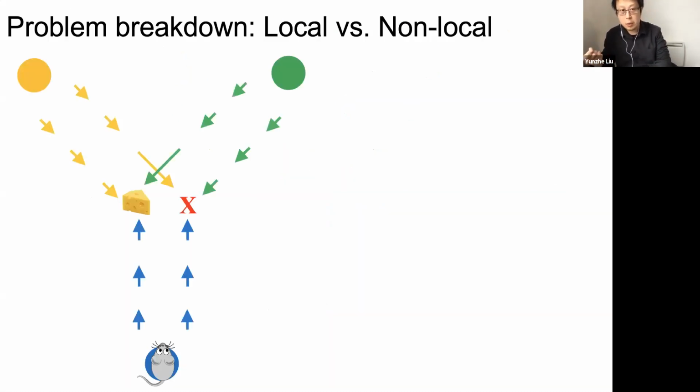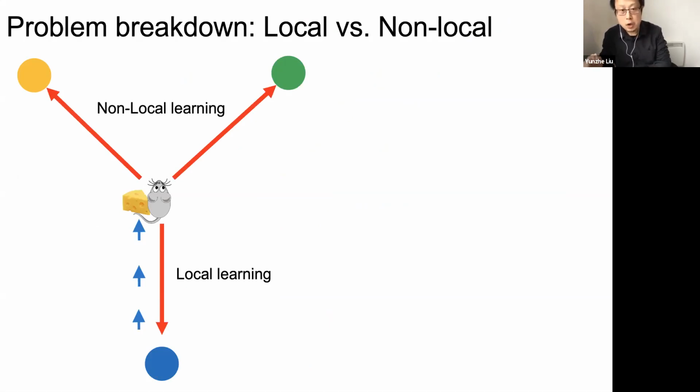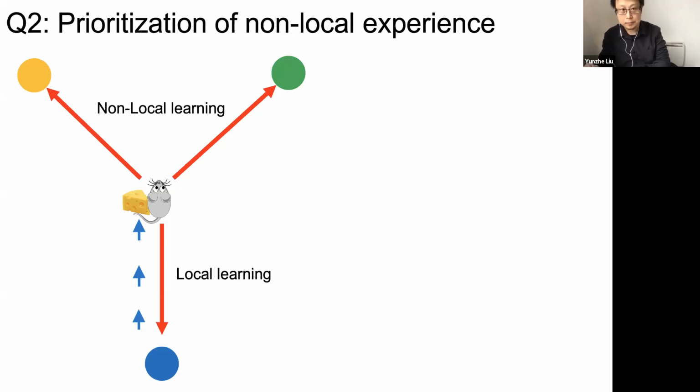The first thing we need to do is design tasks that associate local and non-local learning. Here is what I mean. Let's say, again, I'm in the blue path and take this one. The path I just chose is what I call local learning, right? You can just do that through trial and error. And there are two other paths, which I would call non-local learning. It's non-local because you have to bridge the local outcome to the non-local actions. And the way to do it is what I termed non-local learning.